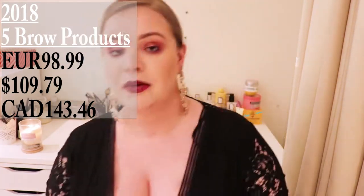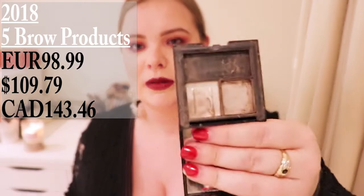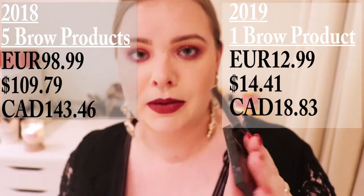I don't have crazy brow stuff. And what I finished was this Sleek kit in light. It's the brow kit. So it had a pomade on one side and a powder on the other. It was only 12 or 13 euros. It's really good. I would recommend it, but for me personally, I use a pomade and an eyeshadow and my